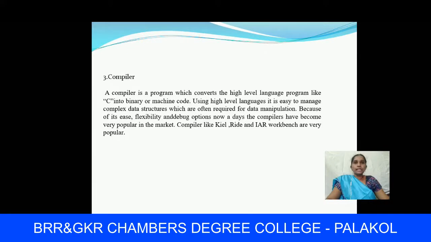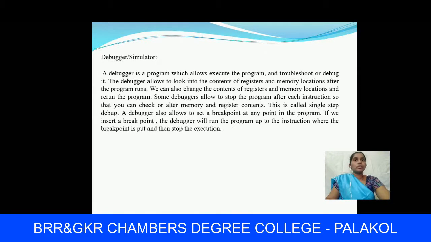Because of its ease, flexibility and debug options, nowadays compilers have become very popular in the market. Compilers like Keil, IAR, these are all compilers.